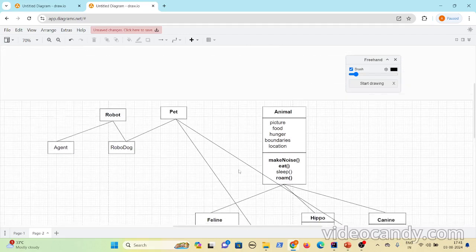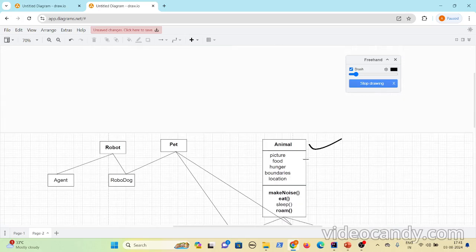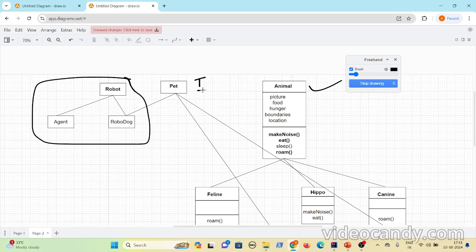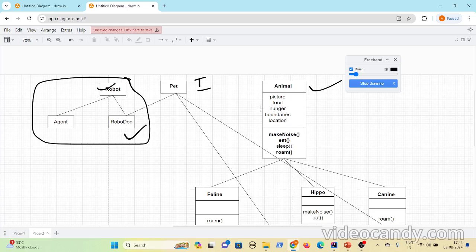But whereas an interface can be implemented not only by the classes that are present under it. Even if it is not a part of the inheritance tree, people can implement the interface. So what I mean is, here if you look, animal is a separate inheritance tree. This all comes under the animal inheritance tree. And robot is a separate inheritance tree. Now if you see, pet is an interface. The pet interface is implemented by robodog, which is in the robot tree, and cat and dog, which are under the animal tree. So the classes that are present in multiple inheritance trees can make use of a single interface.